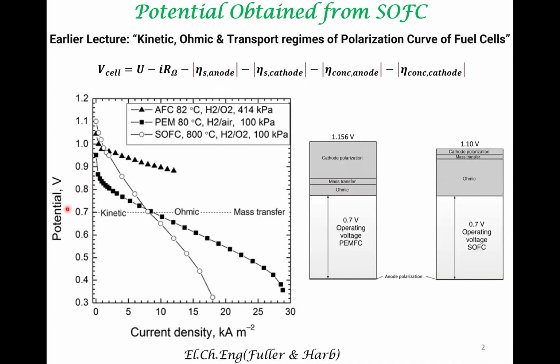That is, when you plot the potential that you can obtain from a fuel cell, it is a function of the current that is drawn from the fuel cell. And we had elaborated the meaning of activation overpotential, ohmic overpotential, and the overpotential due to mass transfer limitation. All these things have to be taken into account to rationalize the potential which you can get from a fuel cell. And we had also contrasted the behavior of a PEM fuel cell against the solid oxide fuel cell in